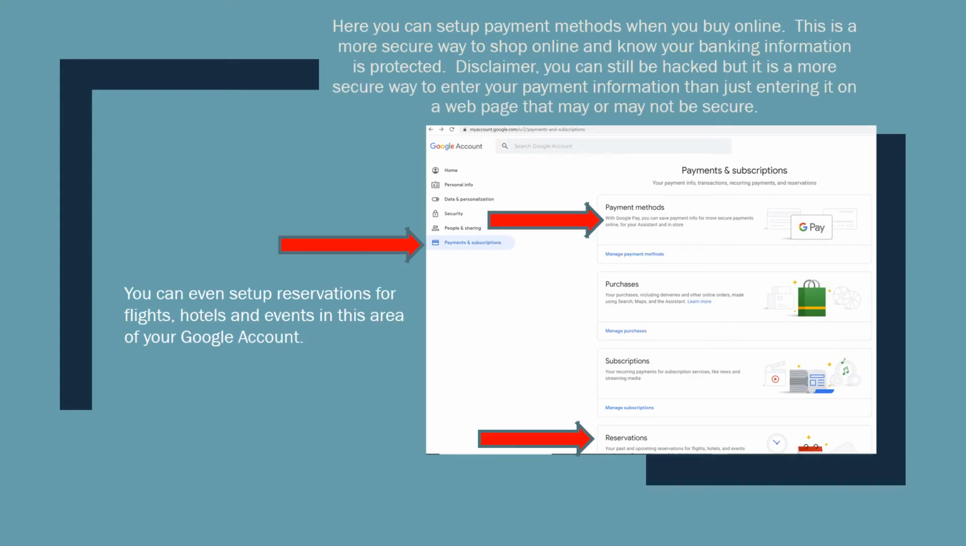Here is your payment and subscriptions. This is how you can set up when you're doing shopping online. One of the things I will say, this is just my personal opinion, is that it is good to